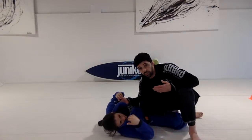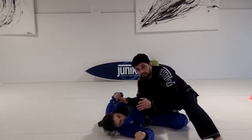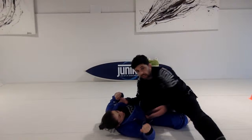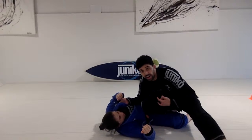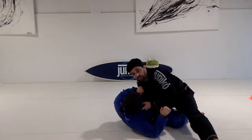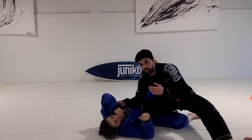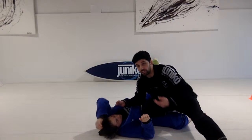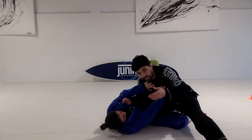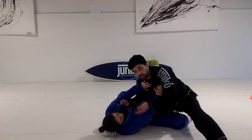my professor in Brazil, my master Barbosa, he likes to do the grips on both sides of the collar. A lot of times he was passing my guard, just grabbing my collar and pulling my head, stacking me here, and putting the pressure using the elbow. So for me, again, I need to wait for the opponent's reaction and try to do something against the opponent's arms. Like